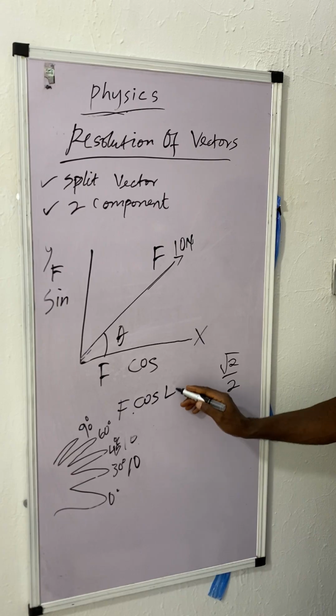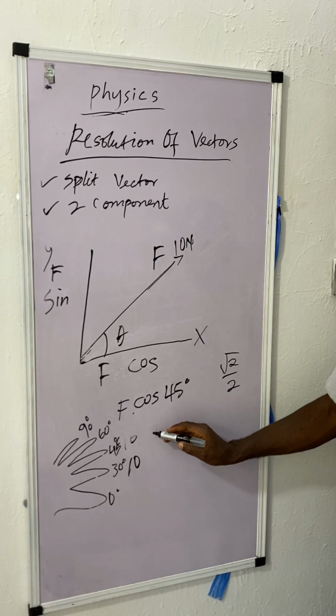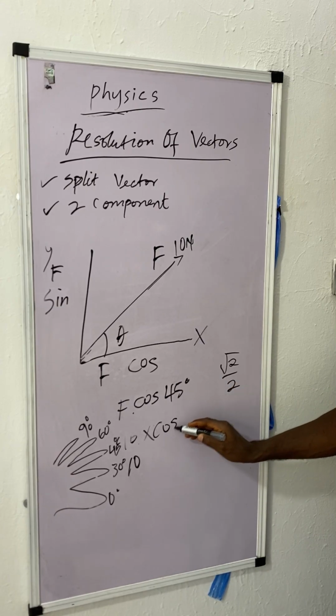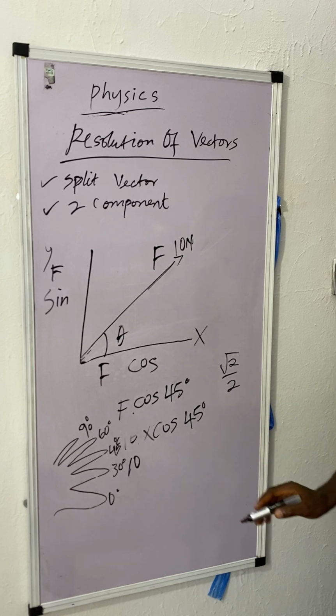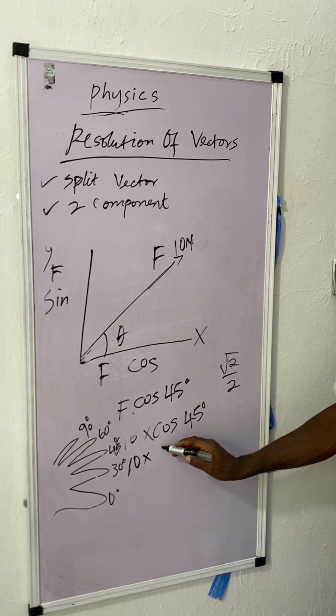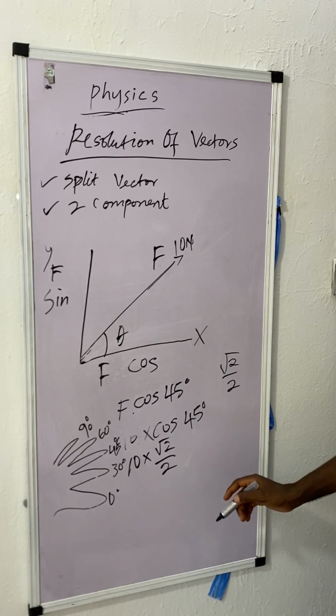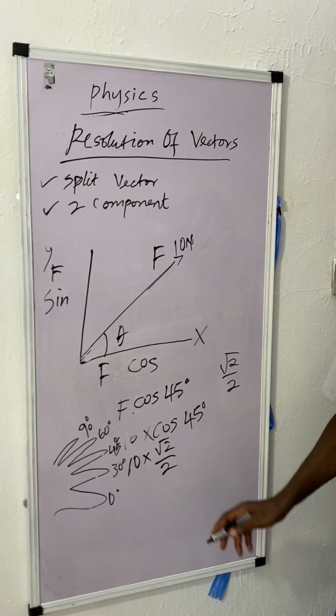So cos 45 degrees, times cos 45 degrees. This times this one, root 2 over 2. So this is likely 1 over 2. But,